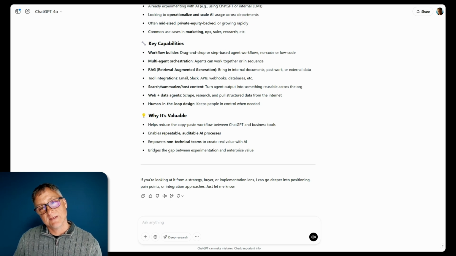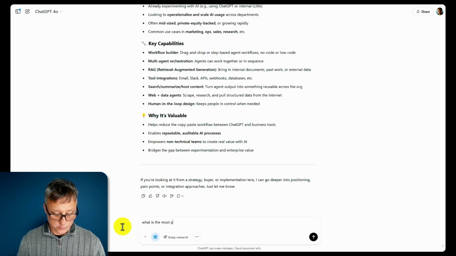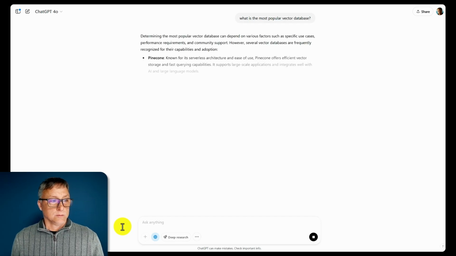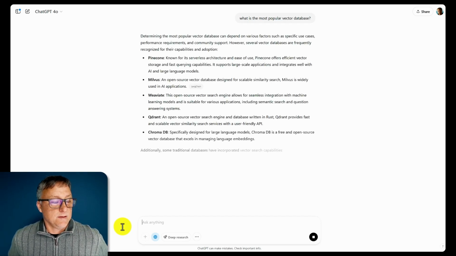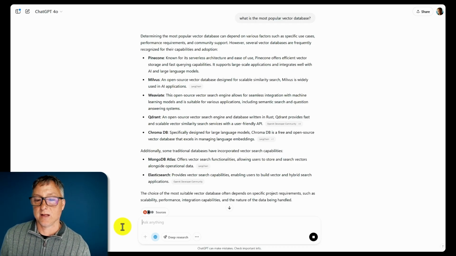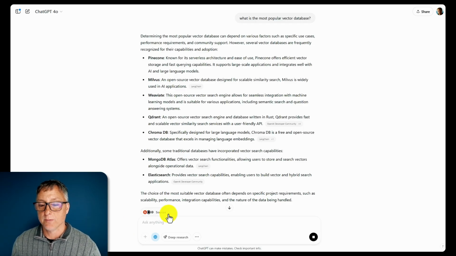Now remember, my job is to validate, so I can't just blindly trust this, but let's just say, let's go to web search and say, what is the most popular vector database? Okay, so it's come up with various choices, and so I might have gone to Google and found a page that talked about this, but then I would have to look at other pages and see if the information is contradictory or whatever. Depending on how much I care about this specific result, I can do more or less validation.